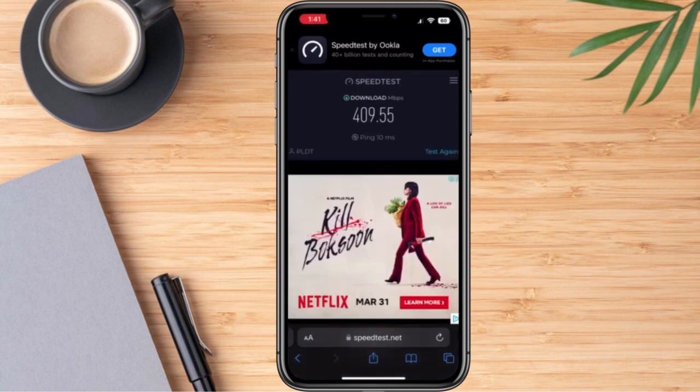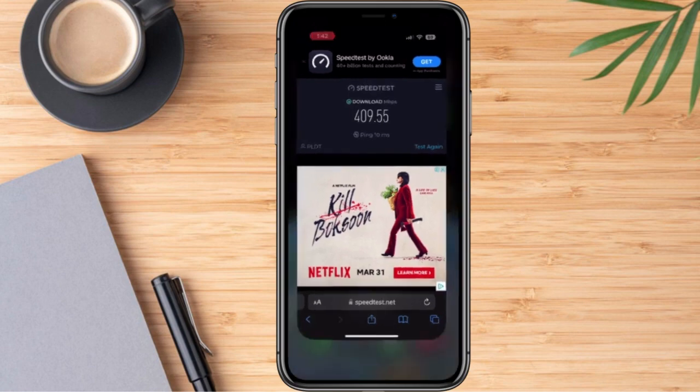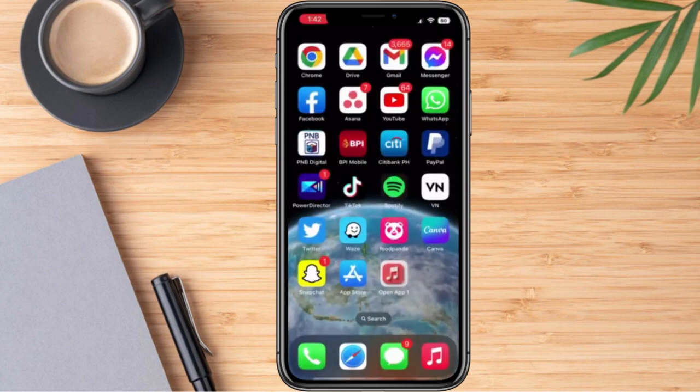As the result shows, we have 409.55 Mbps. That means that we do have an excellent internet connection. Thus, we don't have any problem in terms of refreshing our feed on Instagram. So with that, we can go ahead and proceed to the next step wherein we are going to swipe down